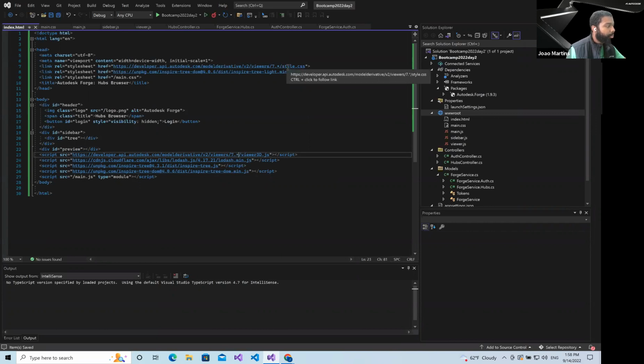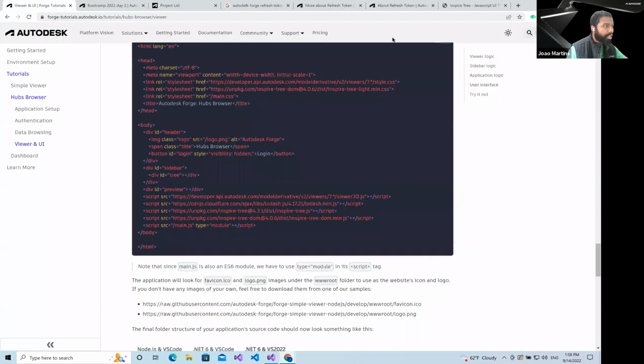As I said before, but for those of you that didn't follow the training of yesterday, every time we download the viewer, we reference the viewer library, we need to specify the version. In this case, we are using 7 dot asterisk. So every time we use the star, we are specifying that we want to use the latest viewer version. The latest viewer version in this case, as of now,